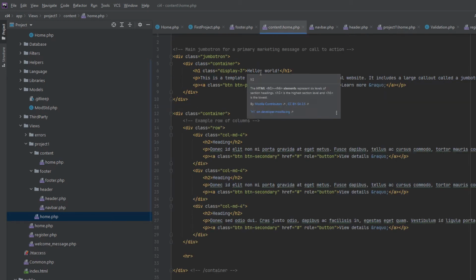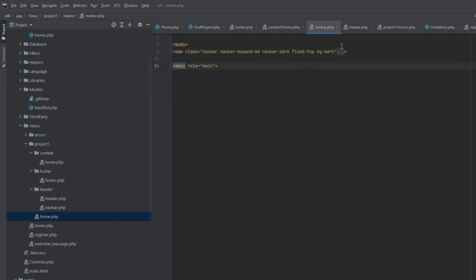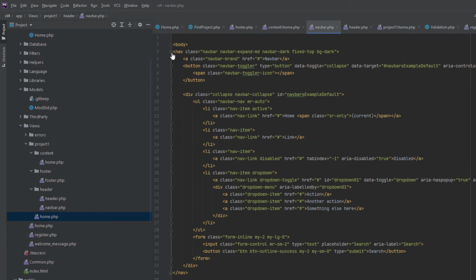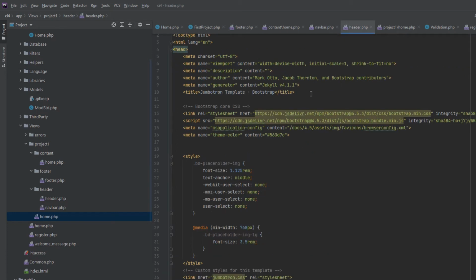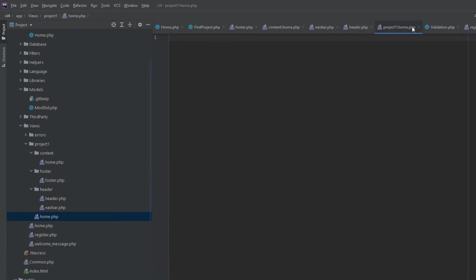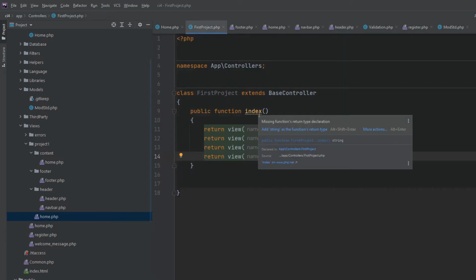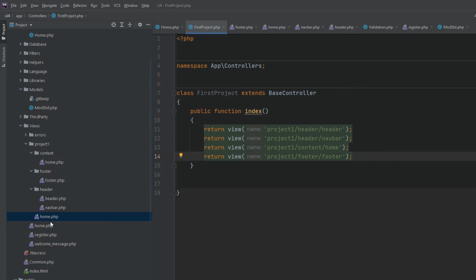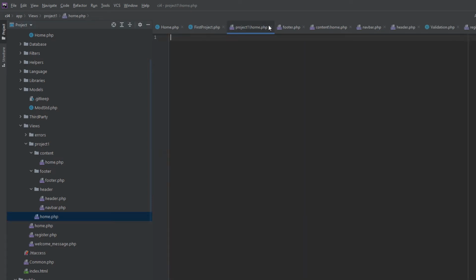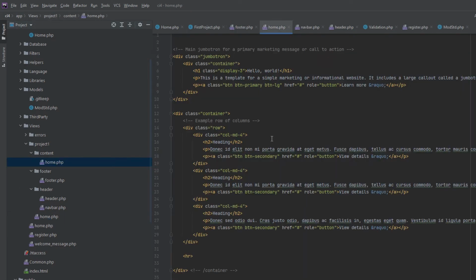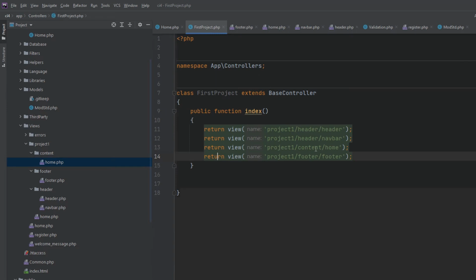This is the main, navbar, header. If you open, no, not this one, if you open content, project 1 content,